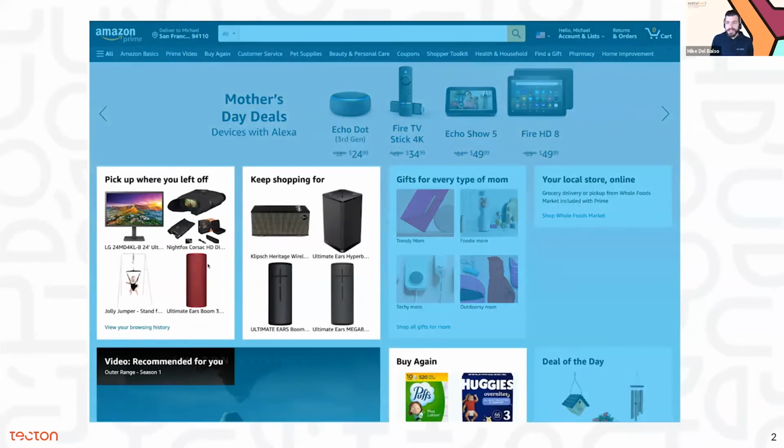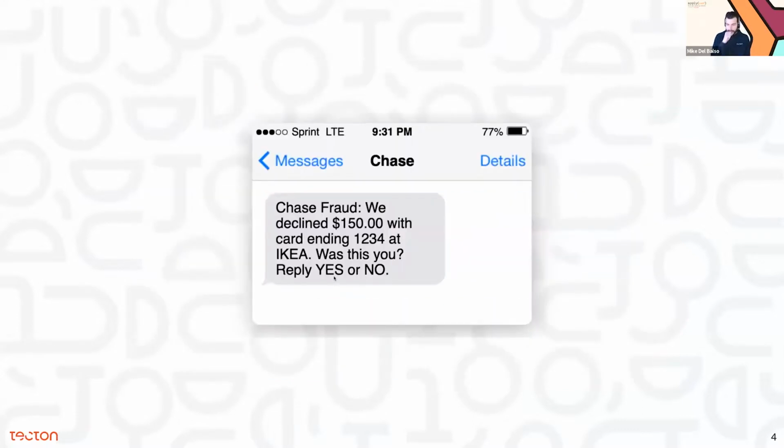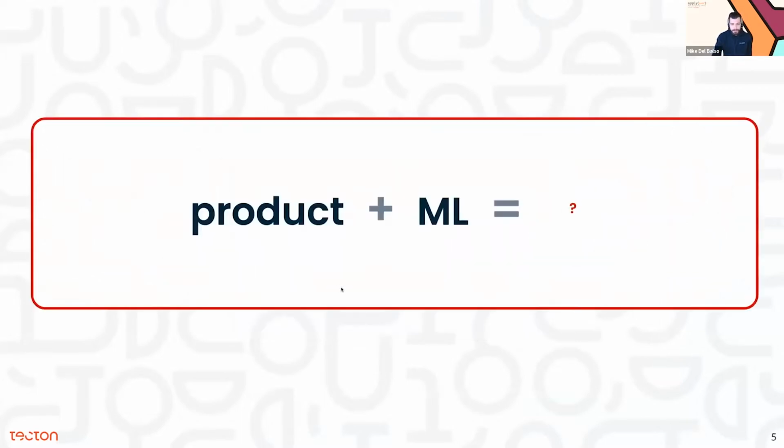Machine learning that is powering recommendations in your e-commerce website, for example. This is obvious, this is Amazon. Netflix has a bunch of movie recommendations, and that's a live production ML application powering that. If you're in financial services, of course, you're detecting fraud. So there's a variety of ways in which we want to power our products with machine learning.